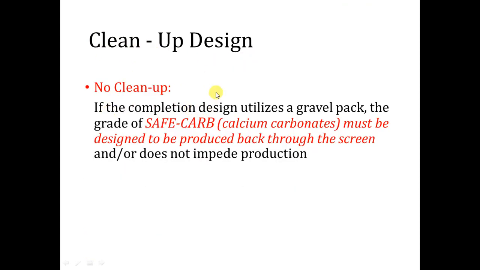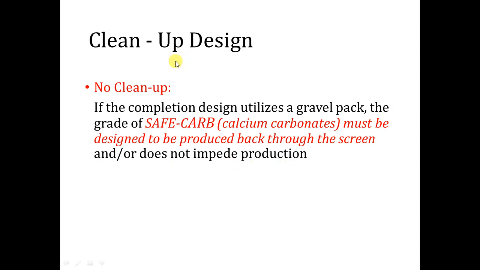If the completion design utilizes the gravel pack, for example, the grade of calcium carbonates must be designed to be produced back through the screens. Okay, they must be designed to be produced back through the screens, and not impede production, or plug the throat or the screen.